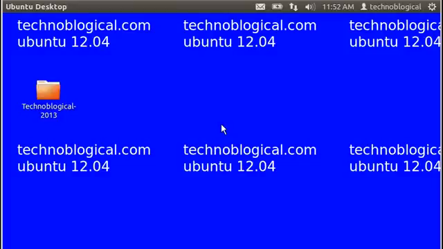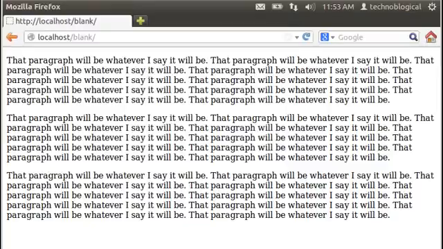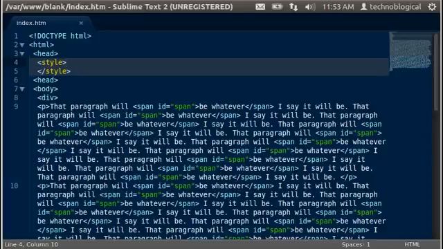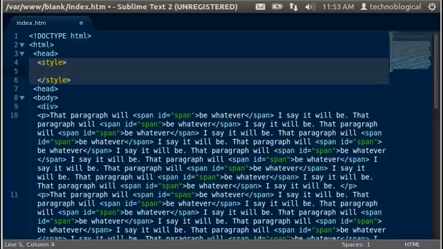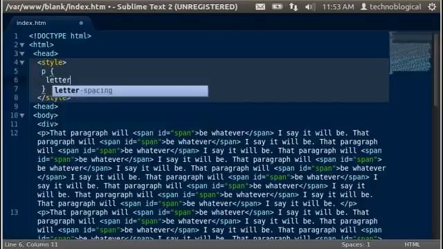Hello there. Today's video is on CSS, and if you've ever used kerning in the printing industry, you'll know what it is. I've got a paragraph here, actually 3 paragraphs inside of a div, and today's video is going to be over letter spacing, which printers call kerning. So we're going to do P, and we're going to do letter spacing, and we can actually space it out to